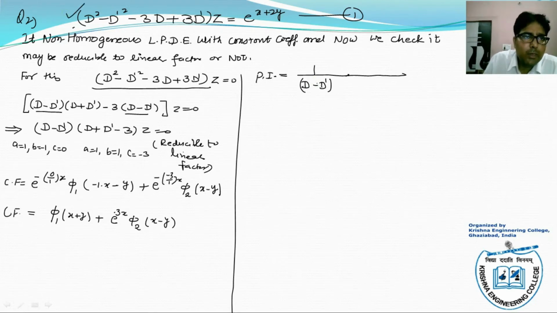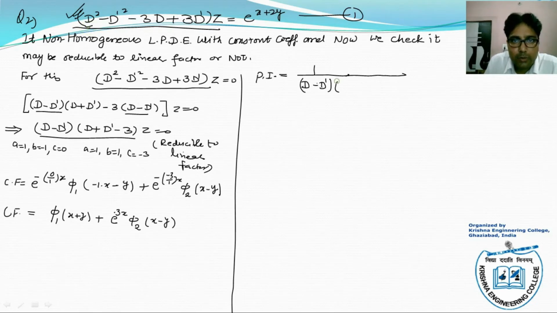Dear student, the factors of this are D minus D'. So we can replace this by this. So I write it in place of this. Clear? So this is (D + D' minus 3)